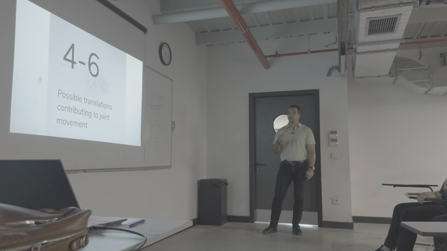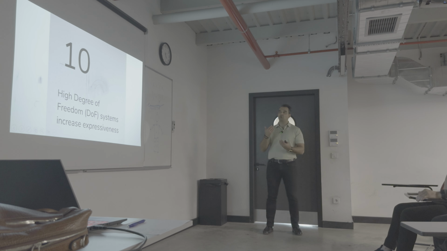But when we come to the possible translations contributing to a joint movement, the degrees of freedom increase to 4 to 6. When we actually start to represent a system, the degrees of freedom reach 10, which increases the